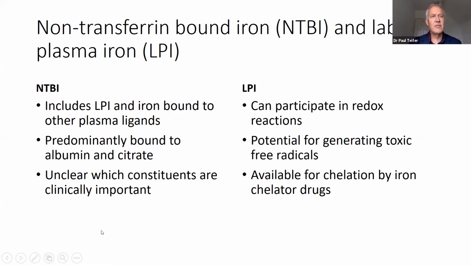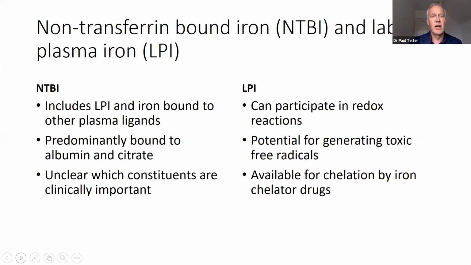So non-transferrin bound iron consists of various forms of iron which are not bound to transferrin, which are potentially toxic. It appears that iron can be bound to other ligands apart from transferrin in the plasma, and these are predominantly albumin and citrate, but perhaps other things as well. And it's believed that these